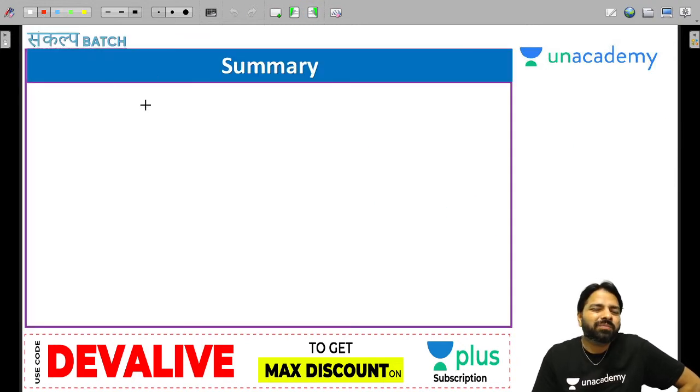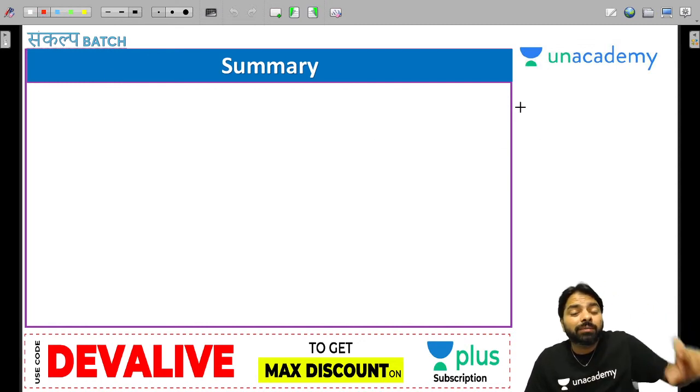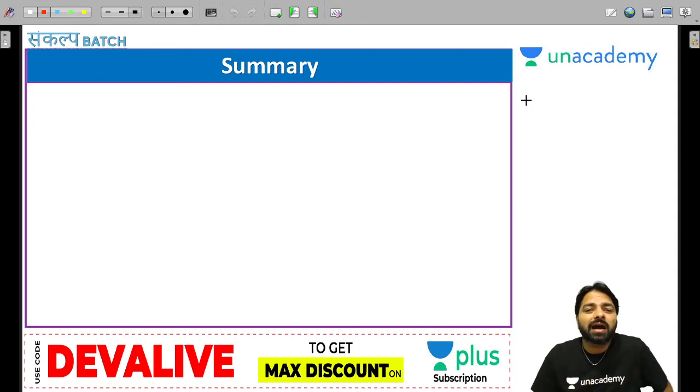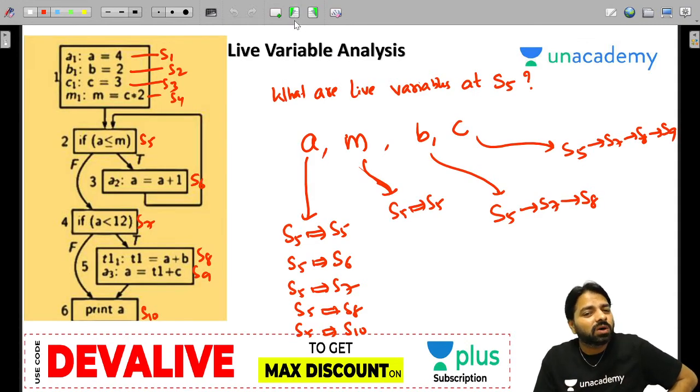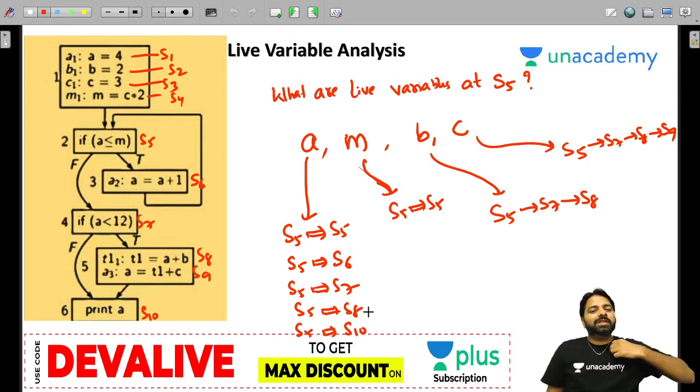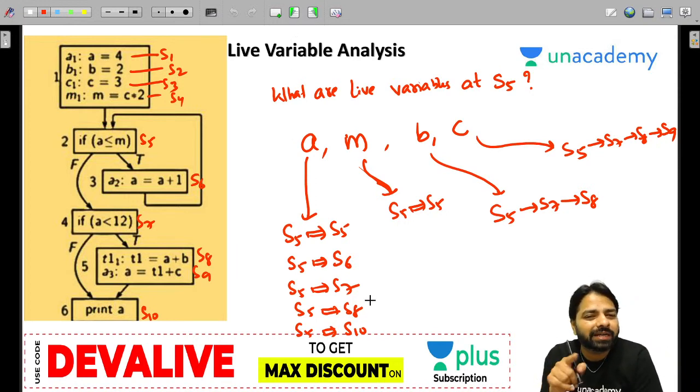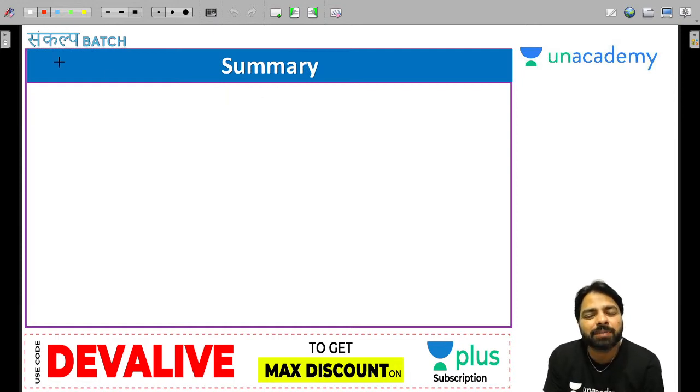Okay guys, I hope you now know a brief discussion about code optimization, but there are so many things to learn in code optimization, and I'm really not explaining many things, like how to do dead code elimination with the help of live variable analysis. Sometimes dead code can be eliminated with the help of live variable analysis. And even copy propagation can be done here. You can see that constants can be propagated here. We are not doing that analysis, but you can.